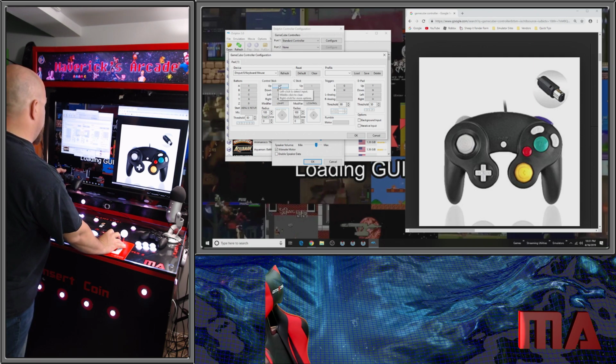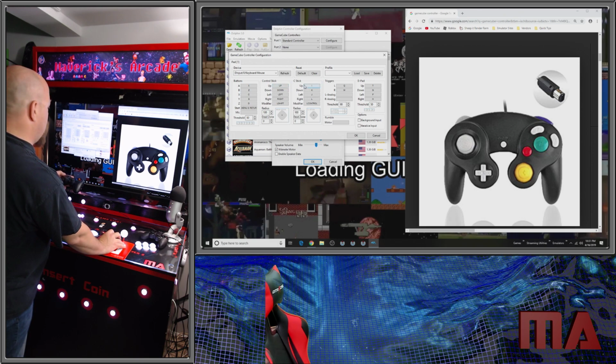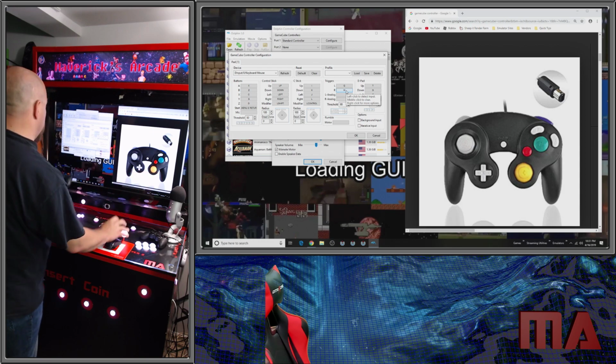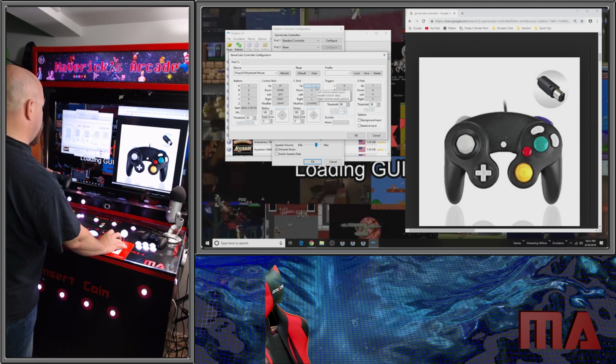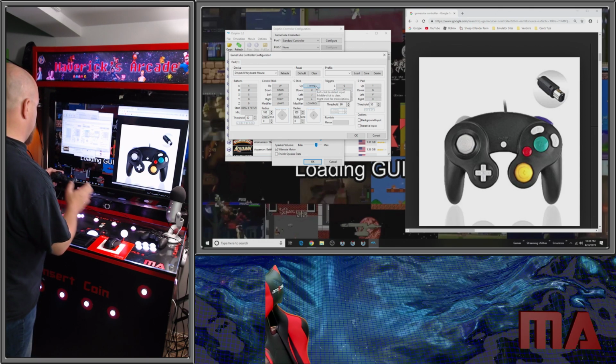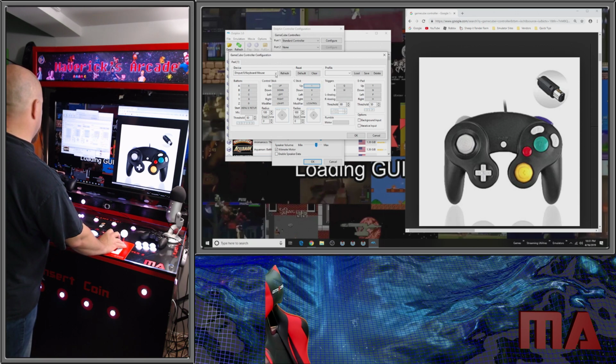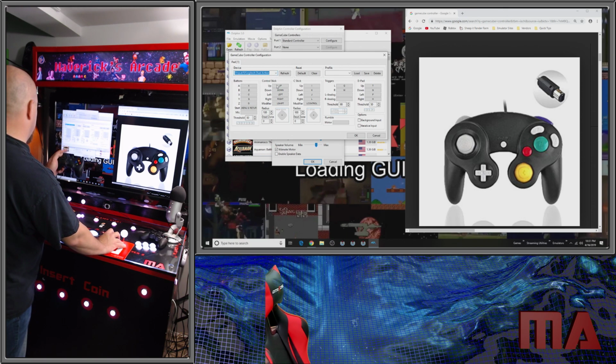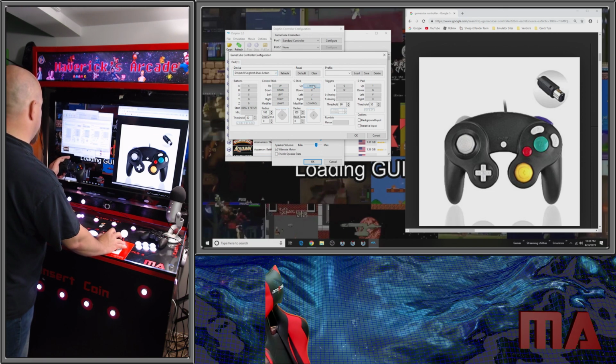So what we want to do is our C stick, which is this yellow one here. The C stick would be then up. Oh, sorry, I have to change this drop down first to select the right one of these. This is the Logitech. So we're going to hit that, and then we're going to hit C stick up,